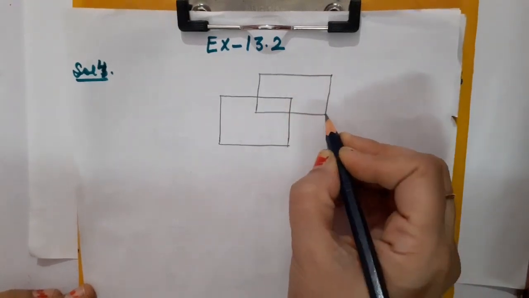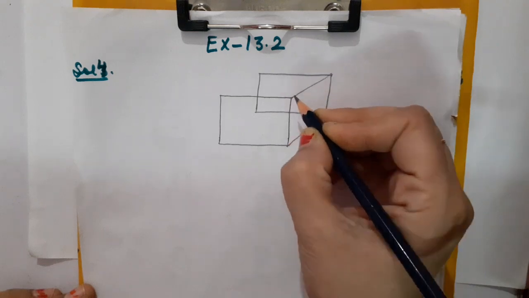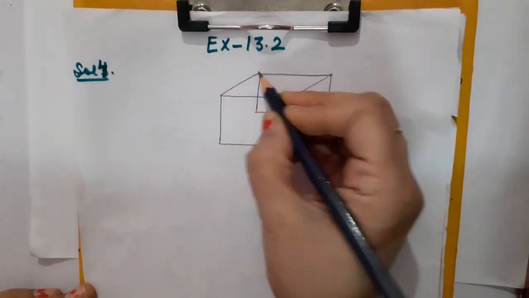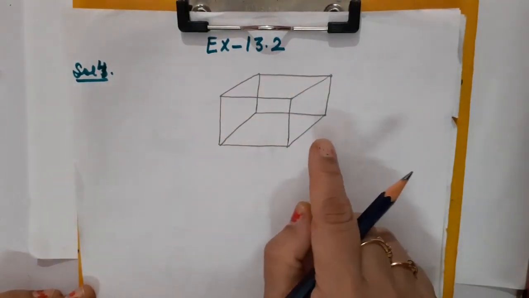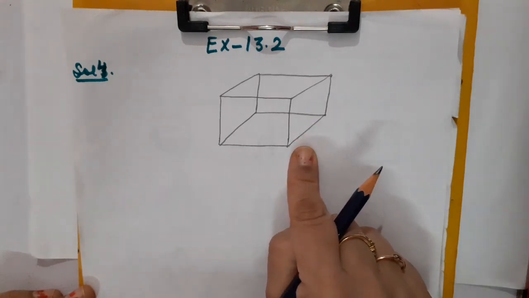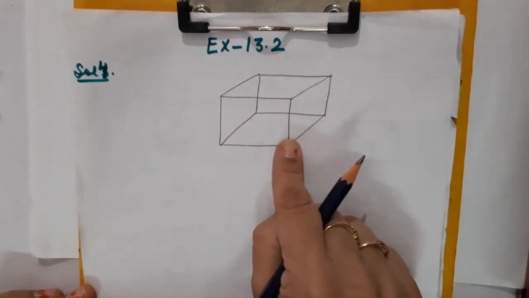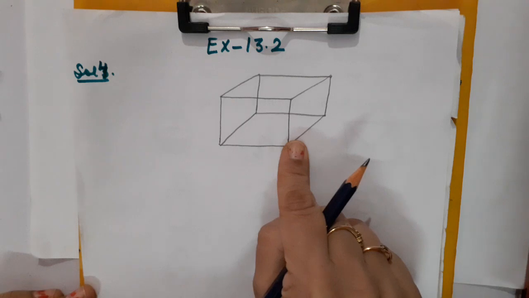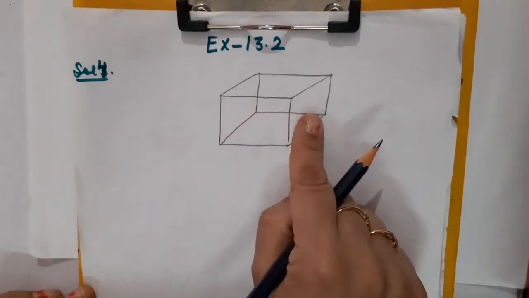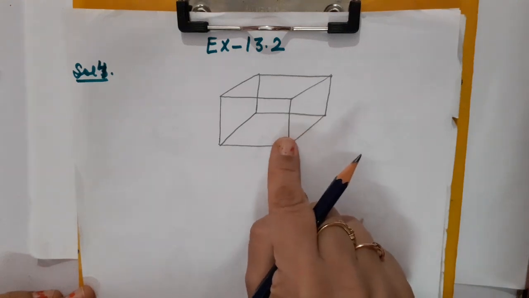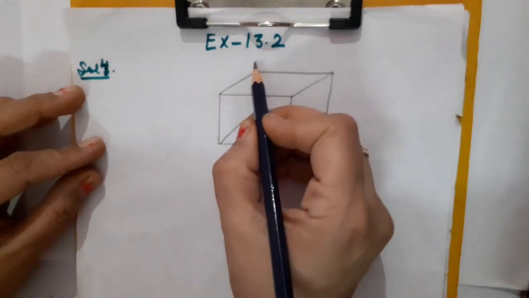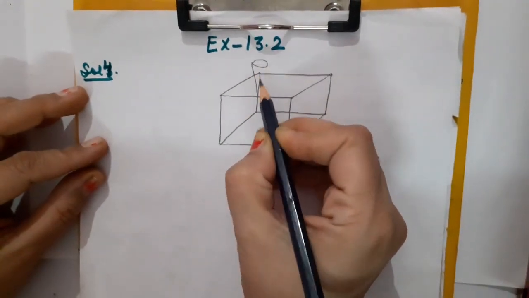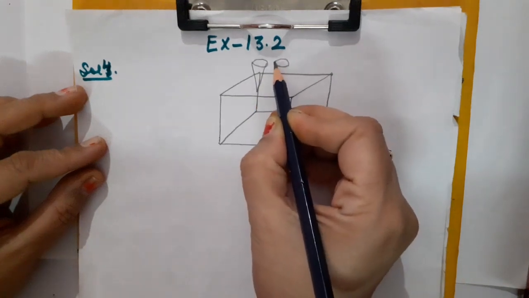And what is the shape of the pen stand? That is cuboidal. A pen stand made up of wood is in the shape of a cuboid with 4 conical depressions to hold pens. Basically there are 4 conical depressions which are going to hold the pens in this cuboidal block. So let us start forming those 4 conical depressions. You are just supposed to make 4 cones.